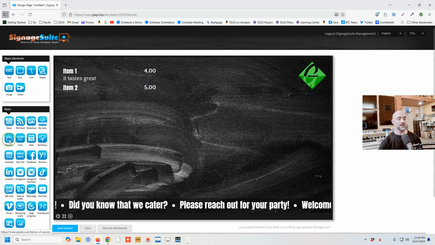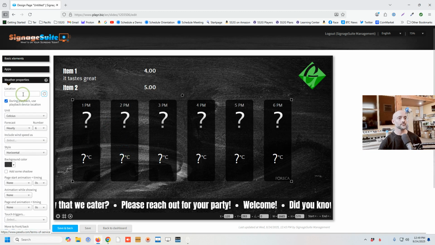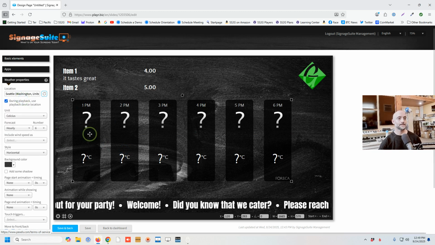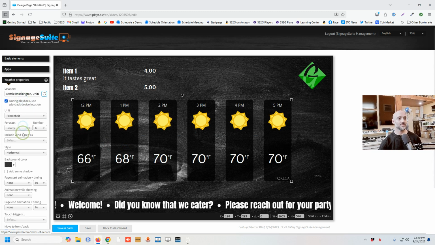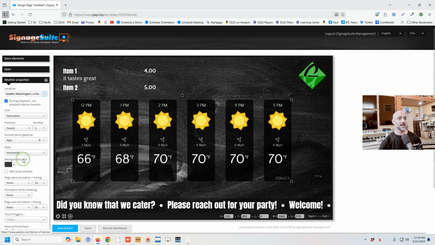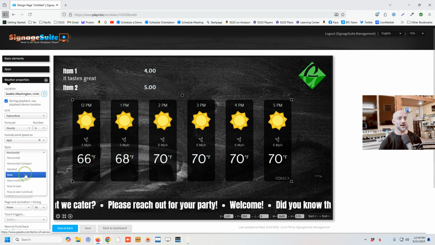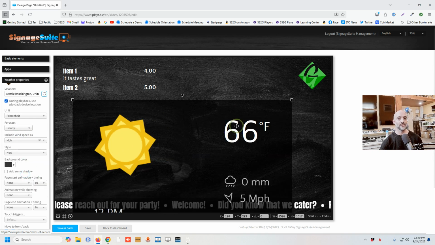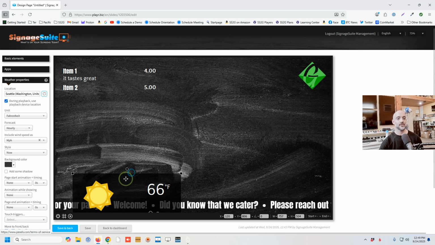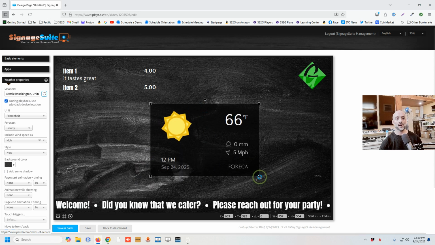If we put in weather, we can put in our location. And just like everything else, just set it up the way you want it to display. There's a bunch of different styles of how weather, for example, can be displayed. So we can pick our favorite style and put it where we want, and this will update automatically over time